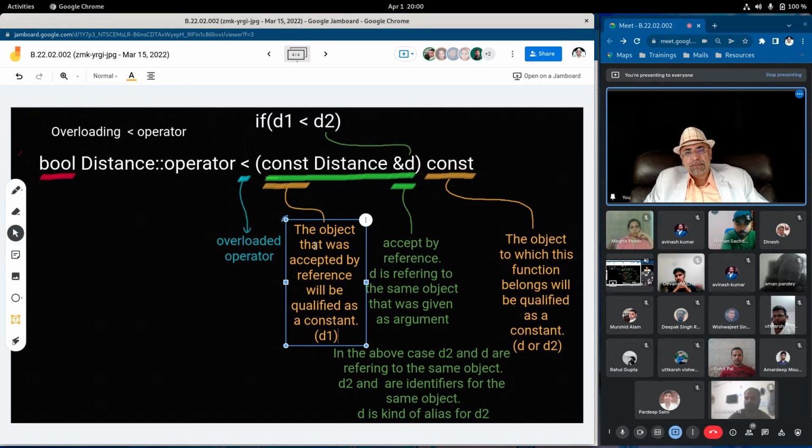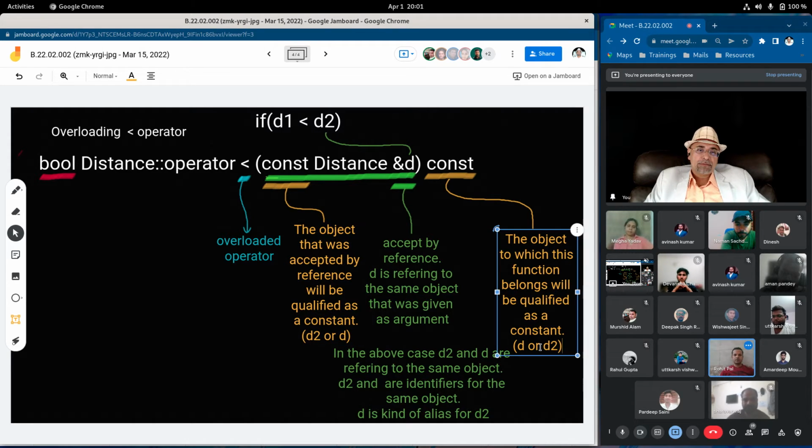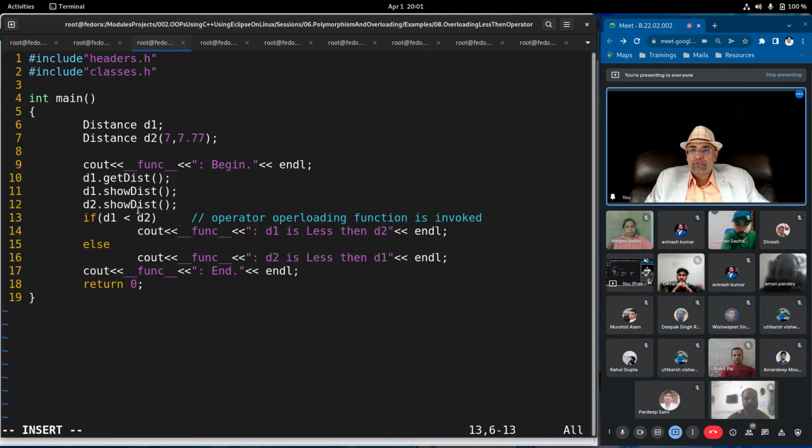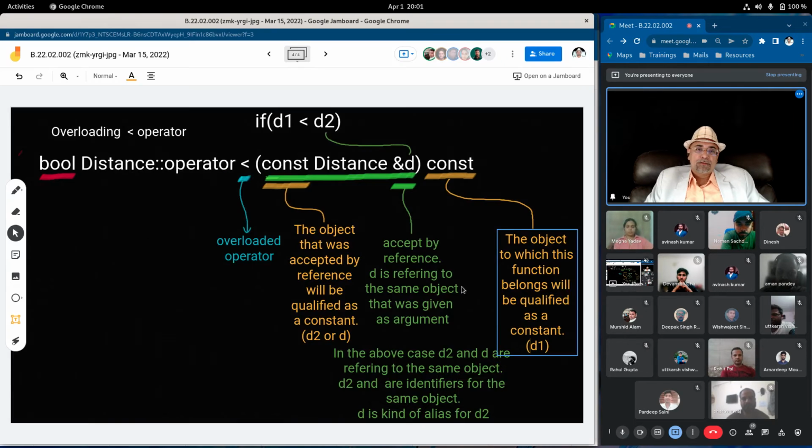This will be D2, and this will be D1. The object to which the function belongs, so the function belongs to D1. This is the object that was accepted by reference, qualified as a constant, D2. Okay. Now the return type.